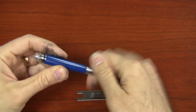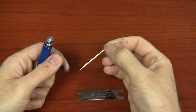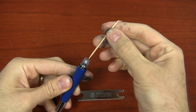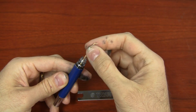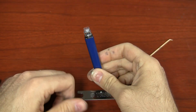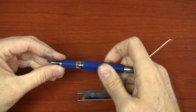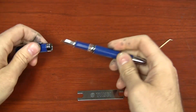And then to double check to make sure that I've gotten my ink capacity right, I take that toothpick that I used earlier as a marker for how far it is. I make sure that filler knob's all the way up there so the piston's seal is all the way down, and I put that in there and I see my little tick mark? That's exactly where it measured before I took the mechanism out, and I know that I've put it back in correctly. At that point, I can take my nib, I can reinstall it on my pen, making sure to hold it by the metal part up top there, and then I'm ready to fill the pen